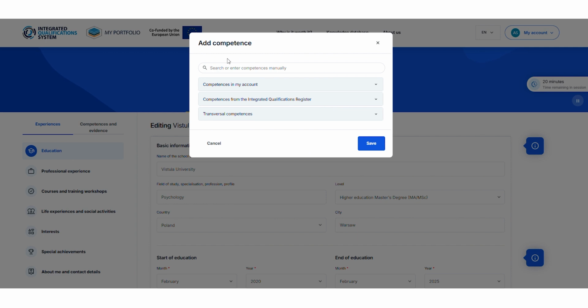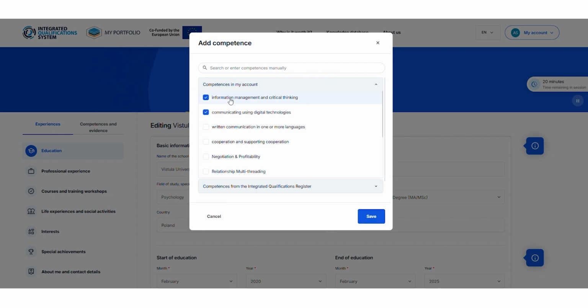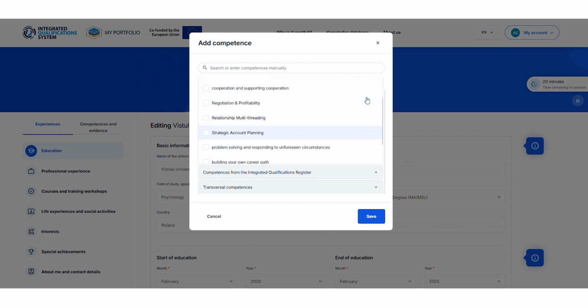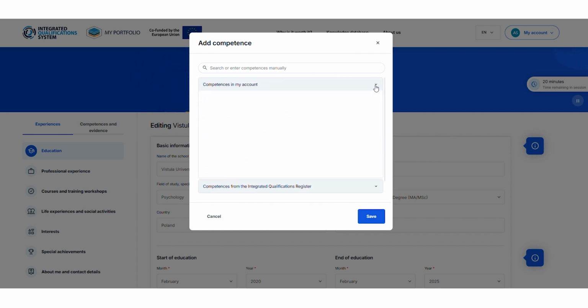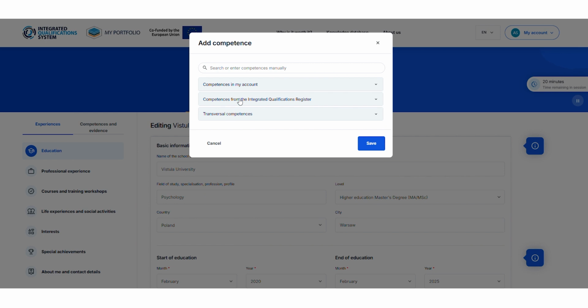If you want to add more competencies, you have three sections to choose from. You can use some ready-made competencies that you created in your account. You can also take a look at the competencies from the Integrated Qualifications Register.